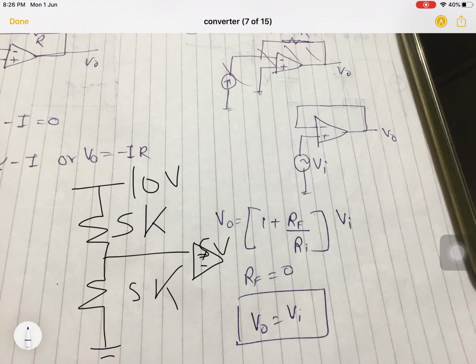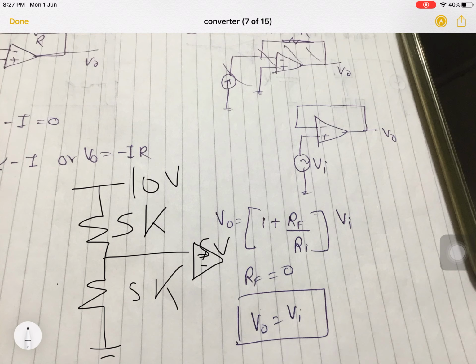The advantage of having an op-amp is that its input impedance is infinite. So whenever it is connected to any circuit, it will not affect the resistance of that circuit. That's why it is used as a buffer. A buffer means a direct unity gain amplifier, and that's why it is used as a direct voltage to current converter and current to voltage converter.